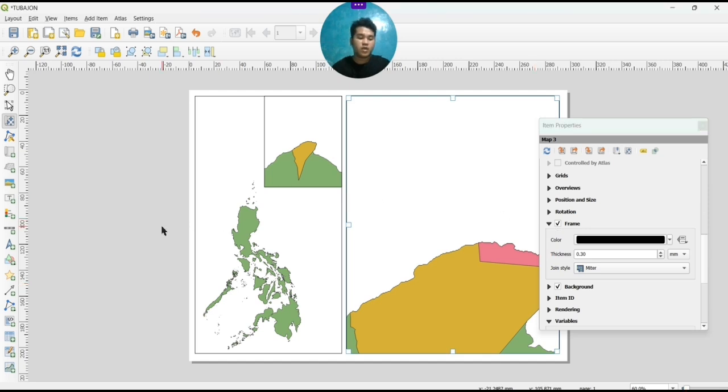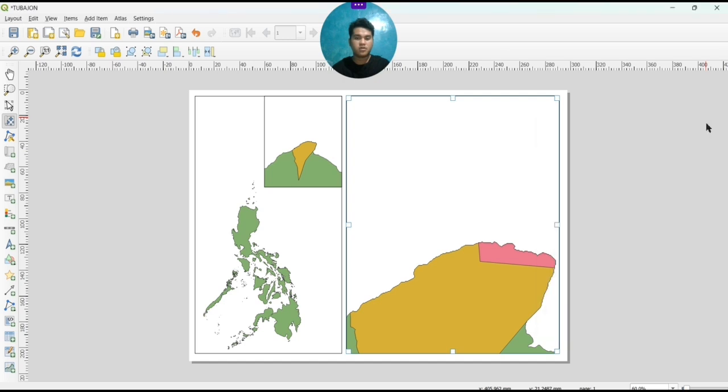Next, I wanted to teach you how to label those things, because the map itself cannot tell you what it really is. So here, look for my cursor, and I want you to click this one.